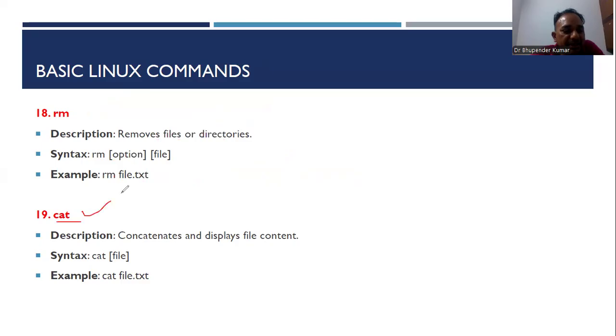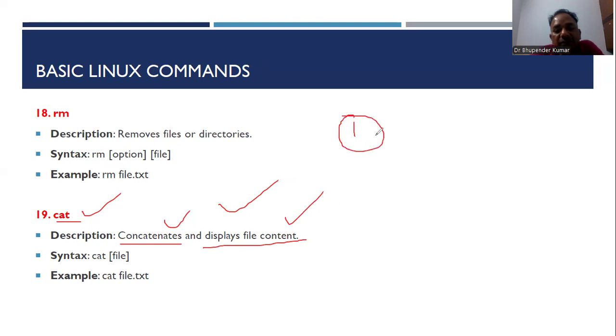Then the next command is the cat command. The cat command is used to concatenate two files. And this is also used to create files and enter text into that file. This will also be used to display the file content. So first I want to create a file using cat. Yes, I can use this command cat, and using the redirection operator, and then maybe file